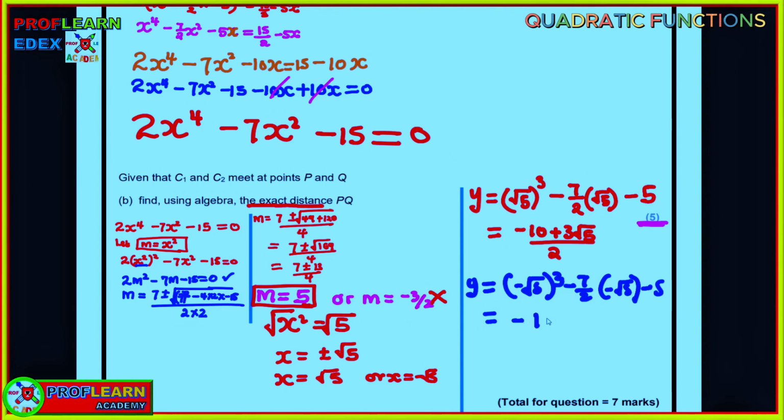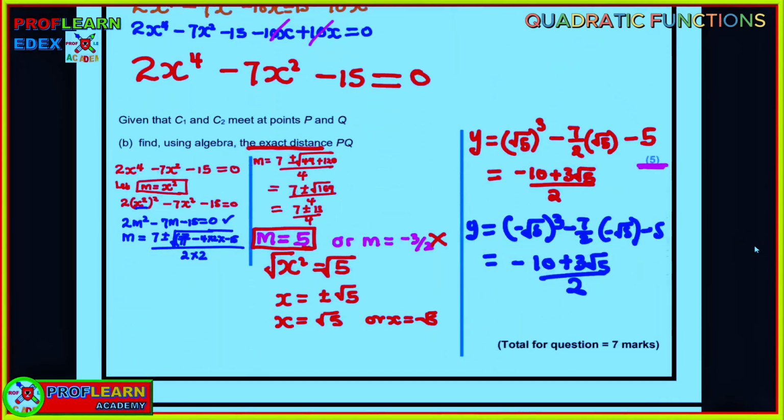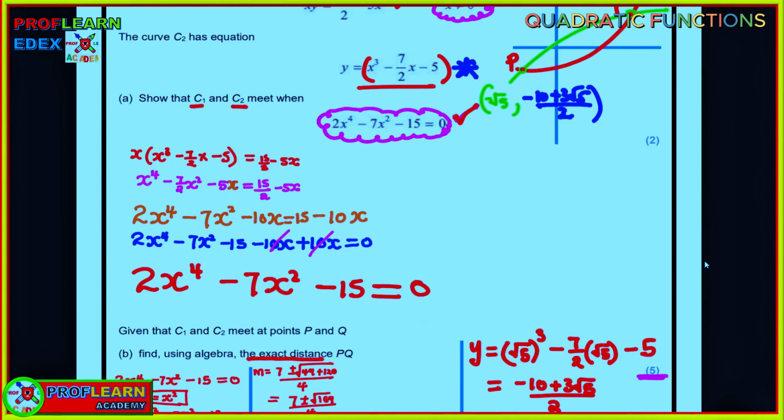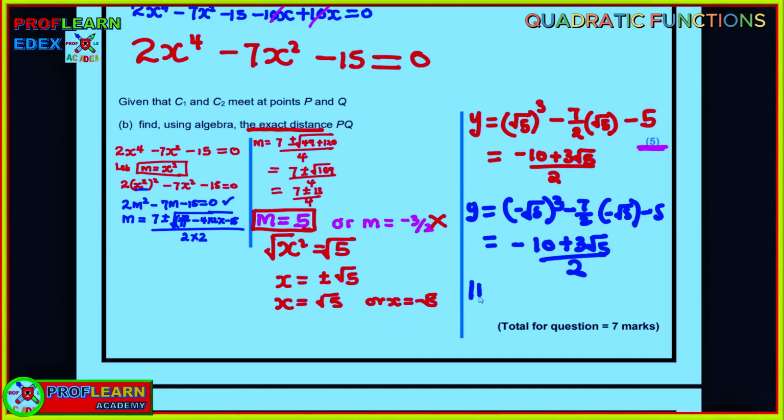It will be negative 10 plus 3 root 5 divided by 2. So this coordinate here is negative 10 plus 3 root 5 over 2 as well. But the question was not asking us to find just the coordinate. The question was expecting us to work out the distance PQ. And remember magnitude PQ,